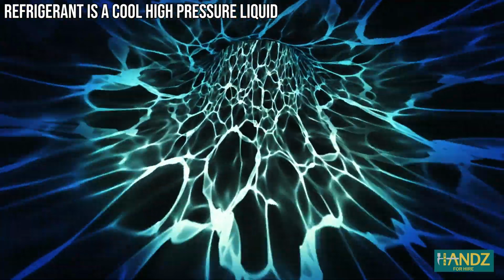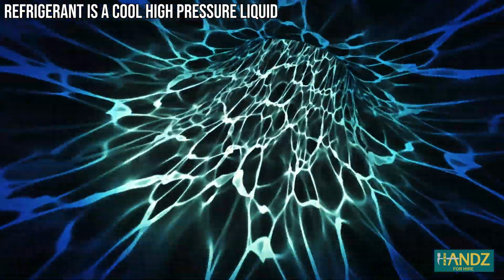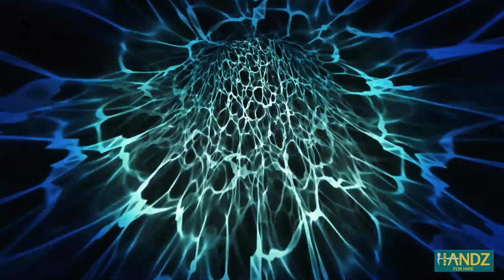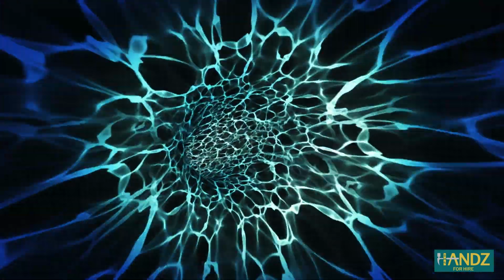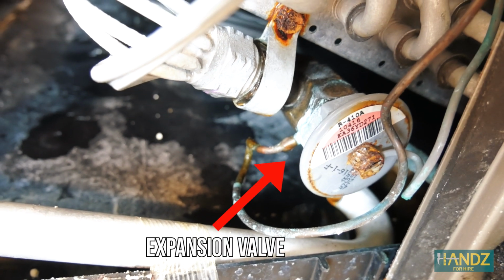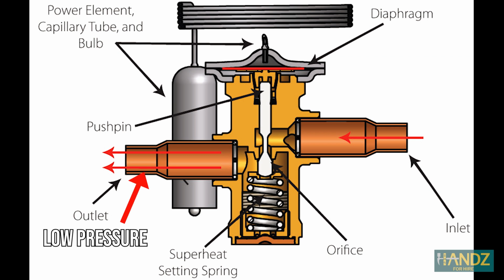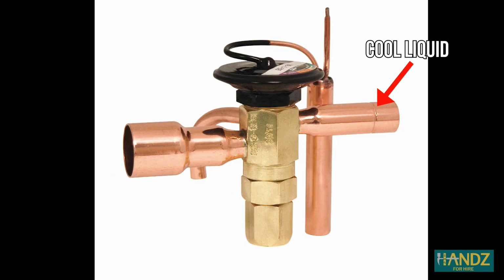This liquid flows back up to the evaporator, pushed through the line by a compressor, which acts like a pump or a heart. Before it reaches the evaporator though, one more extremely important thing happens. The refrigerant passes through an expansion valve that lowers the pressure around the refrigerant. This decreases the boiling point of the refrigerant, causing some of the liquid refrigerant to boil and turn into a